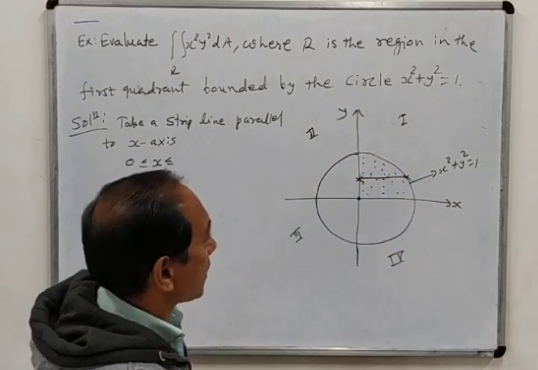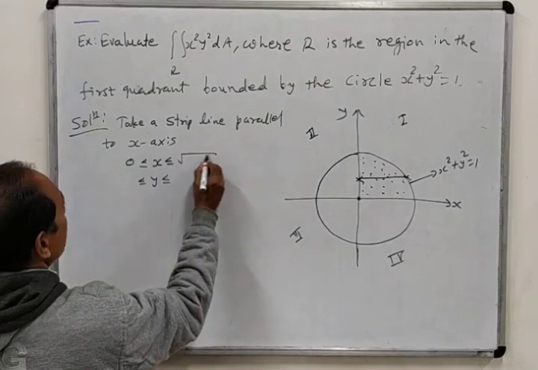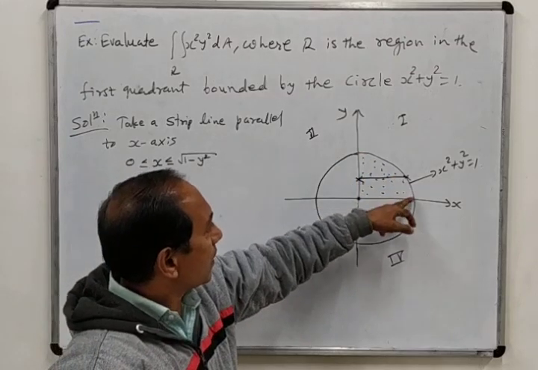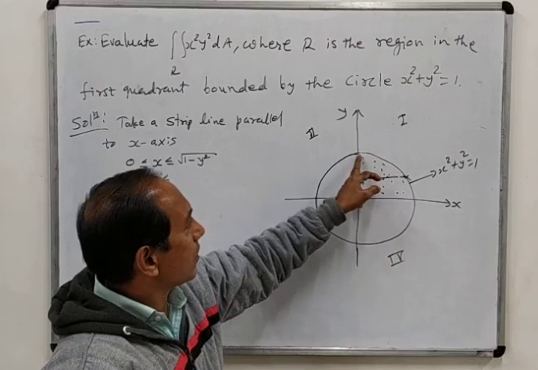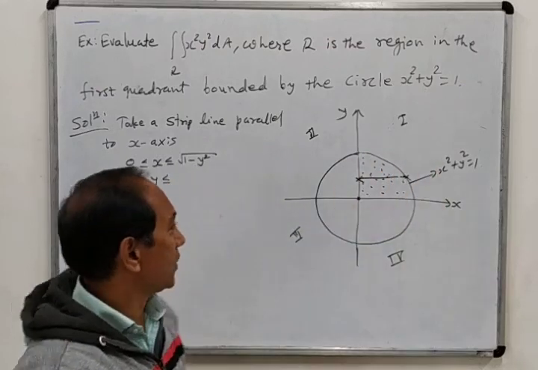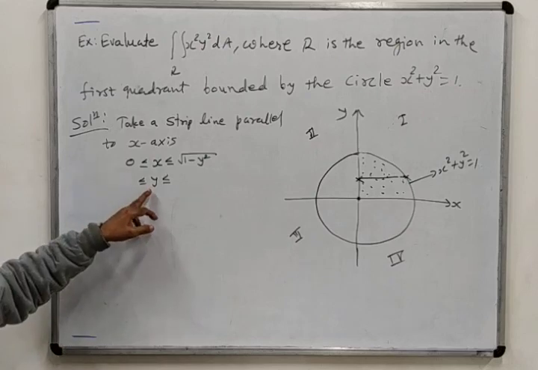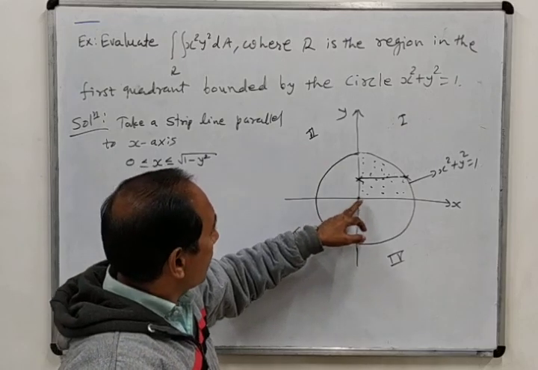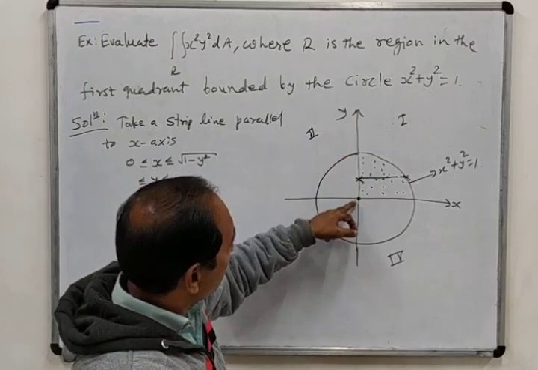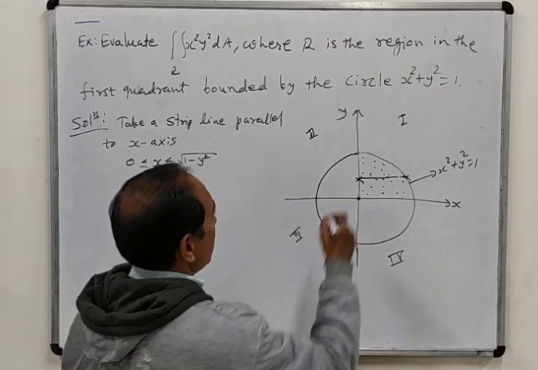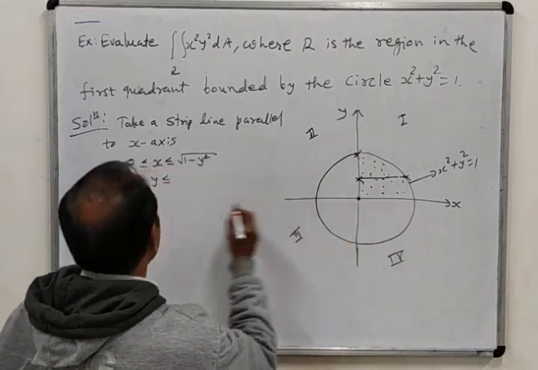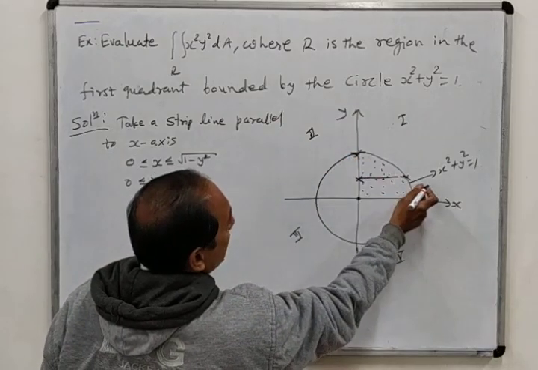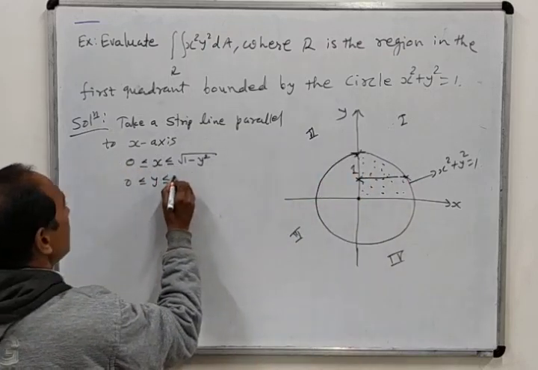So here the equation of the circle is x square plus y square equal 1. So x equal to root 1 minus y square. Actually it is plus or minus, but we know that this part of the curve lies within the first quadrant only, where x is positive. Now we will find the limits of y, which, as we know, are always constant. So focus on the y-axis. The region starts from this point on the y-axis and ends at this point. So here y equal to 0, and here y equal to what? The radius. Radius is 1. So this point is 1.